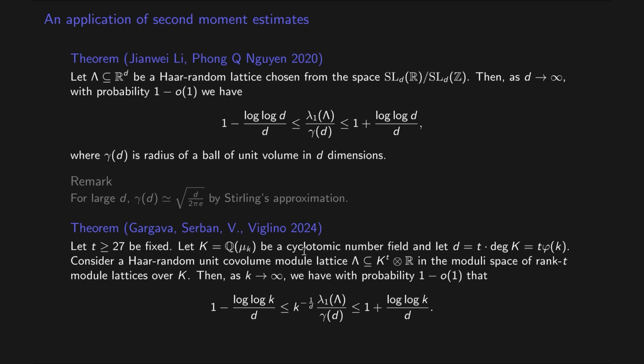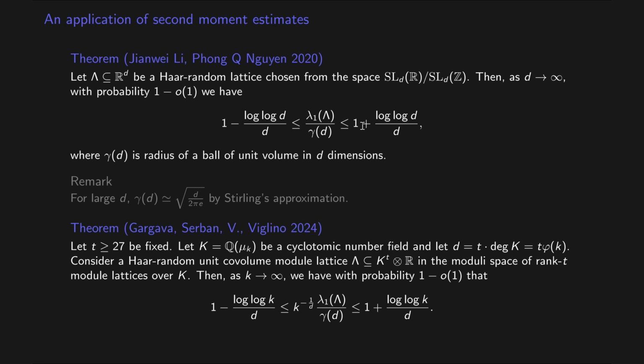So here is the analogous theorem for the space of random lattices. It was proven by Jian Wei and Peng Guan. What they show is that if the dimension of our Euclidean space goes to infinity, then with probability close to 1, the length of the shortest vector, normalized by the radius of a ball of unit volume in dimension d,